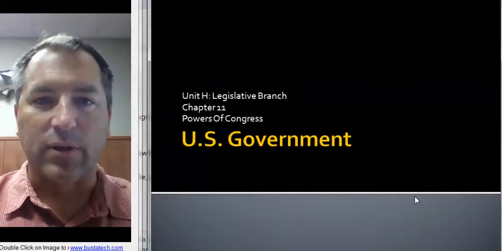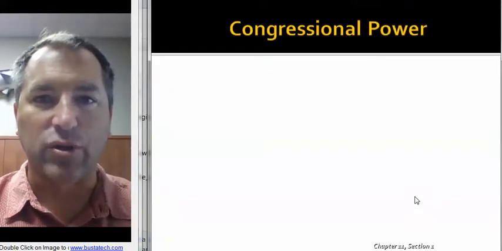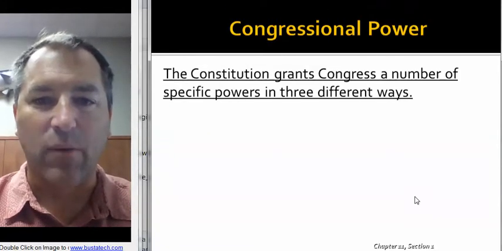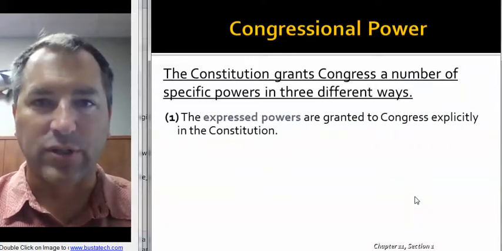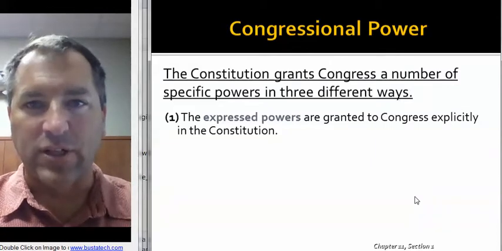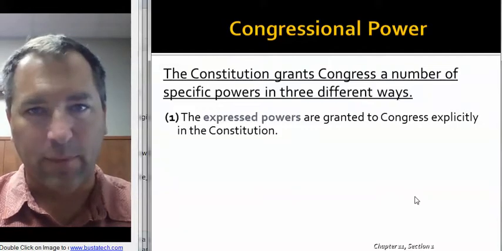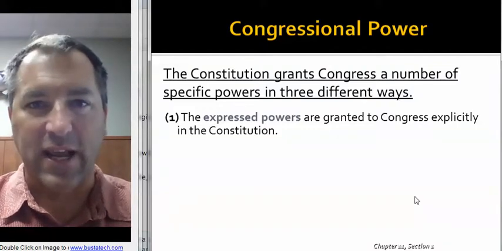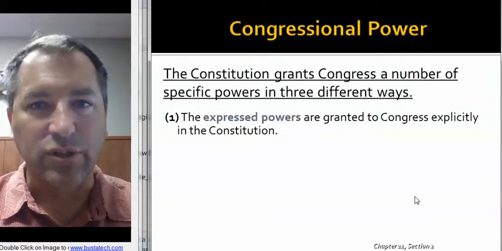So today we're going to look at the powers of Congress, and as you read in Chapter 11, those are outlined in the Constitution. What exactly? Powers, specific powers. Now, the expressed powers you must understand, and these are vocab words: expressed powers are powers that are clearly written in the Constitution. For example, if it says Congress has the power to tax, right in the Constitution, that would be